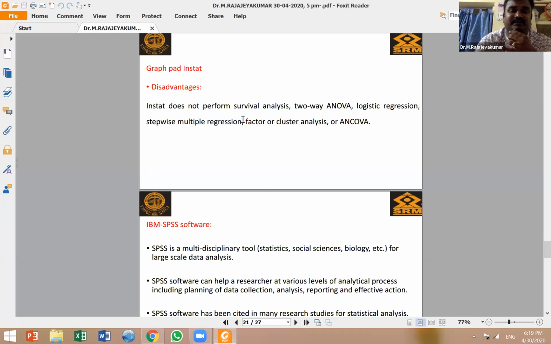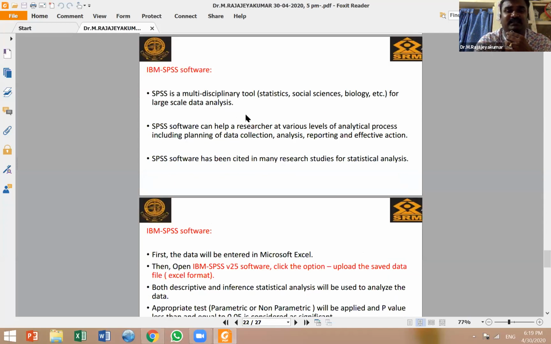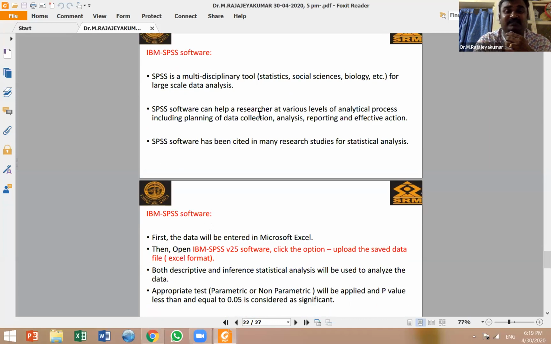Okay, right. Then comes the IBM SPSS software. This SPSS is a multidisciplinary tool for large-scale data. So we can normally use SPSS for large-scale data analysis or large sample sizes. We can also use it for advanced biomedical research. SPSS software can help the researcher at various levels of the analytical process, including planning of data collection, analysis, reporting, and effective